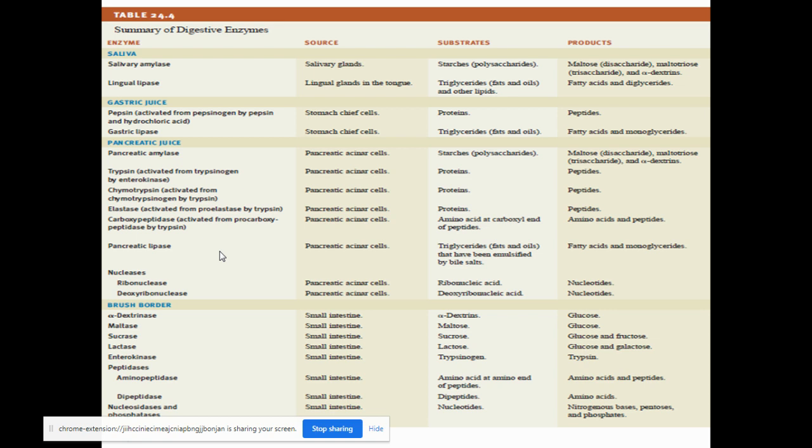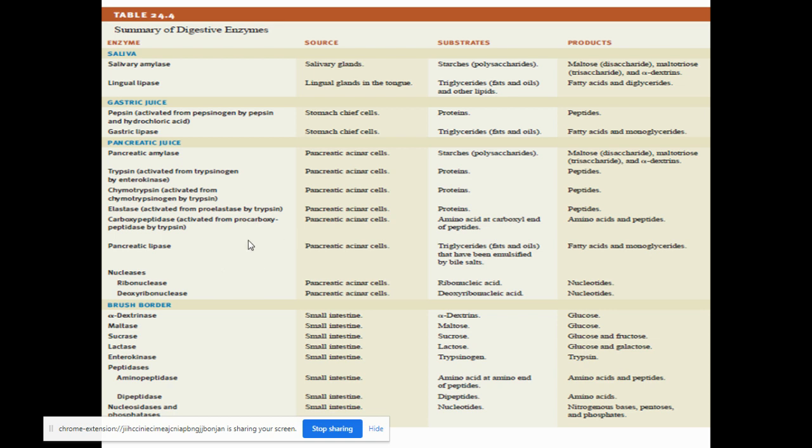So what happens? The bile contains the bile salts and bile acids, especially the sodium and potassium salt of deoxycholic acid and cholic acid. So what do they do? They help in the emulsification of the fat. What is emulsification of fat? It is a process where these bile salts act upon the large lipid globules, and they break down into smaller lipid droplets or globules.